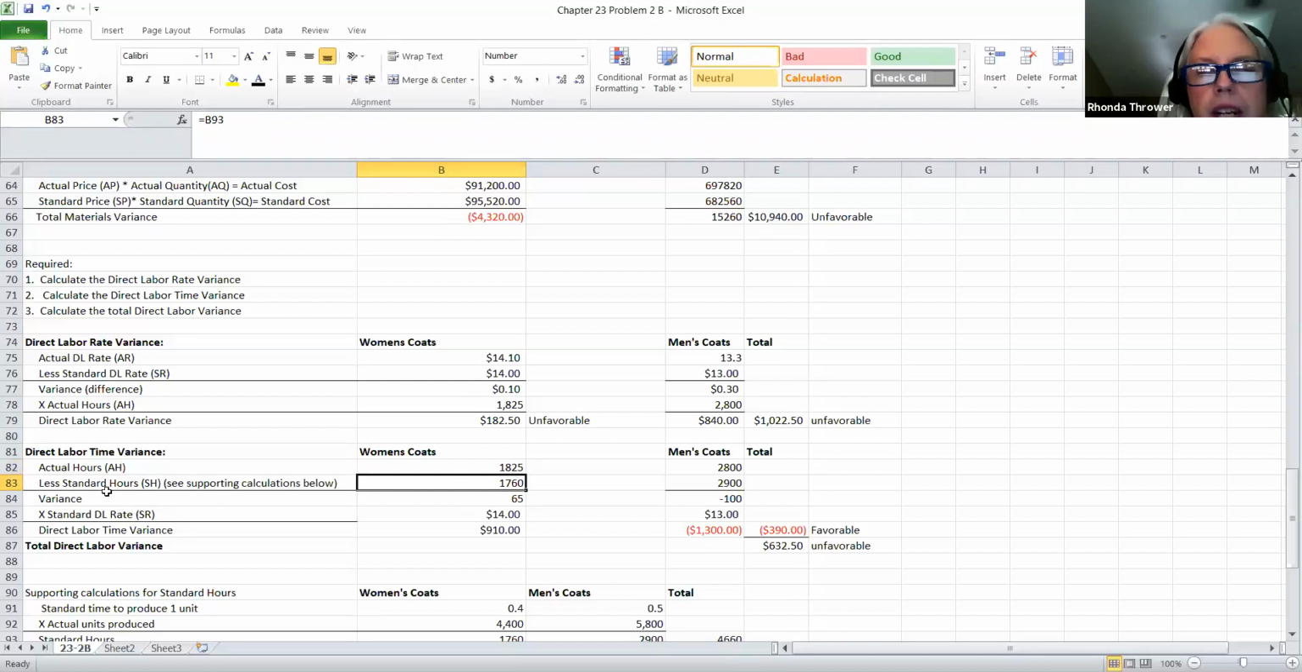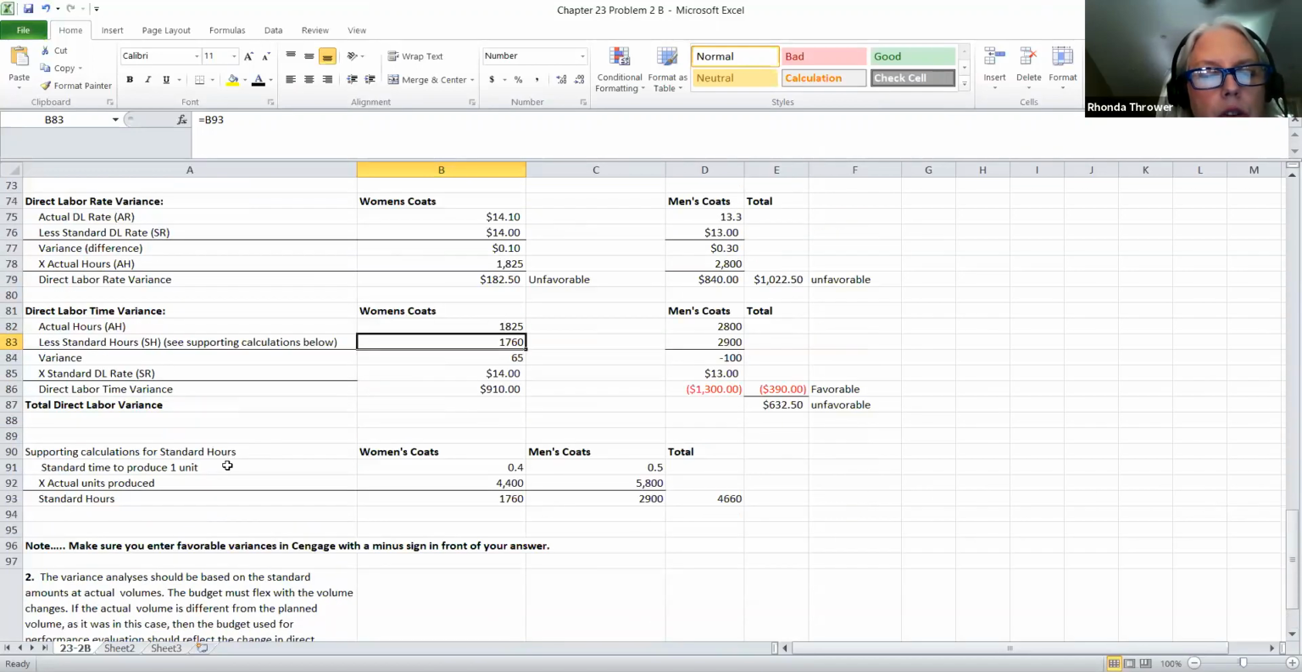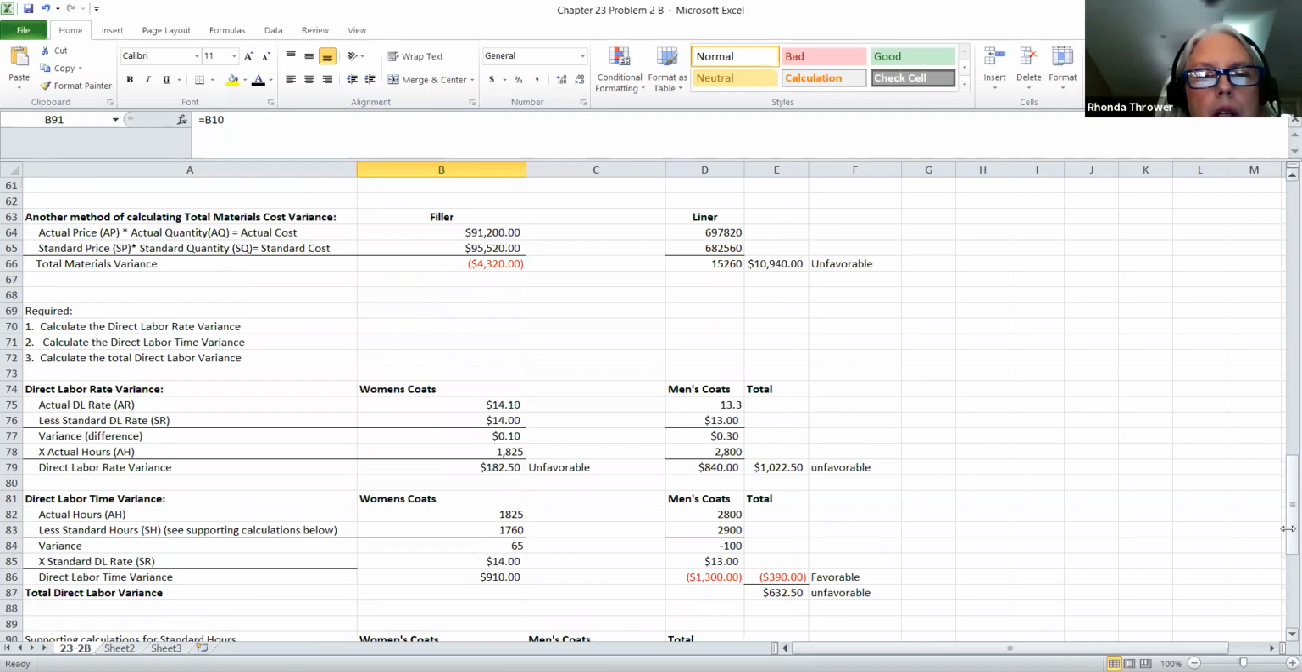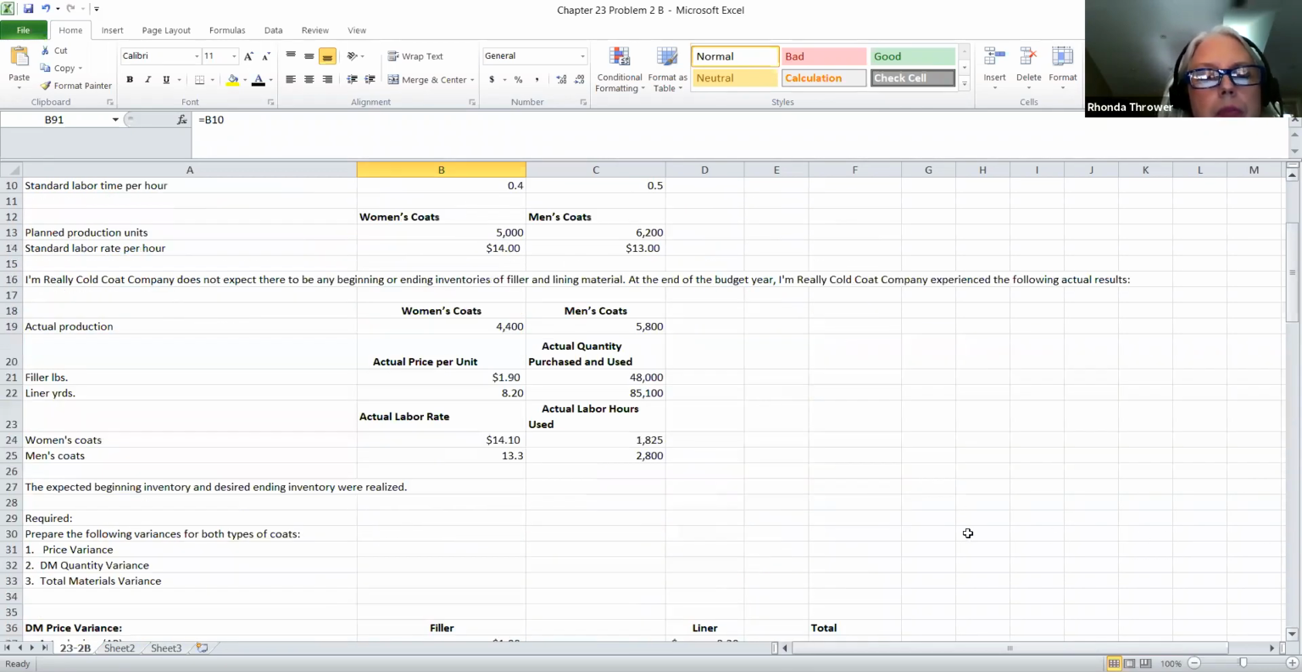Now, just like before, we weren't given standard hours. You have to find the standard hours, and I put it in the form of calculations to show you how we would get that. We're going to figure up the standard hours for both the women's and the men's coats and combine them together to get the total for that period of time. So your standard time to produce one unit is 4 parts of an hour. That was given to you. Your standard time